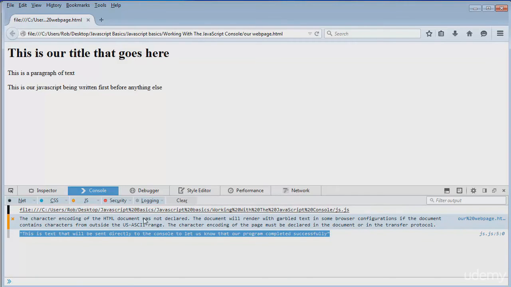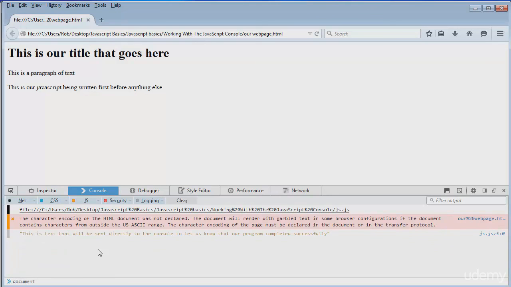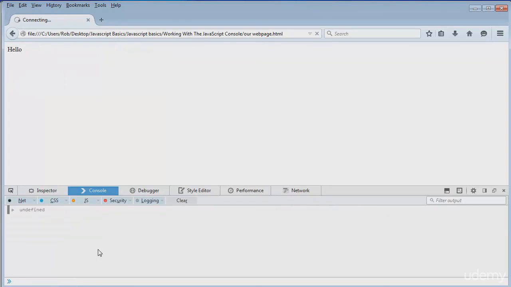So the console is commonly used for debugging programs, finding common syntax errors, and that kind of thing. There's a lot of features we can use with the console as well. For example, we can also type in commands here. Let's type in document.write. And I'm going to output a string to the page. Let's go with hello. And we can see here that we can actually run JavaScript within the console, which is pretty neat for running test codes and